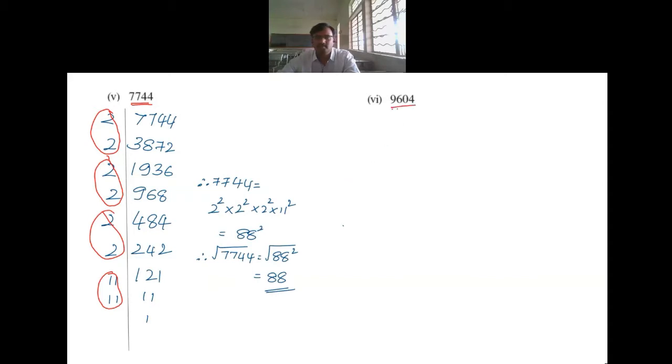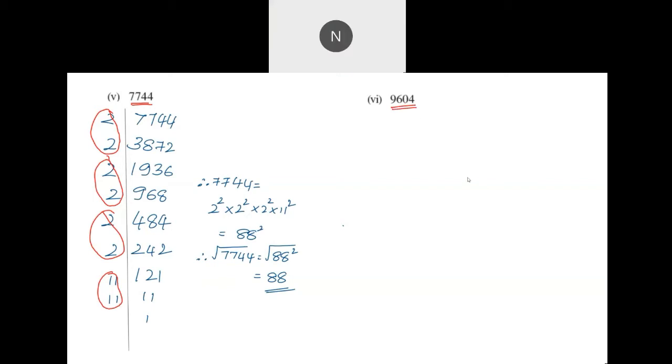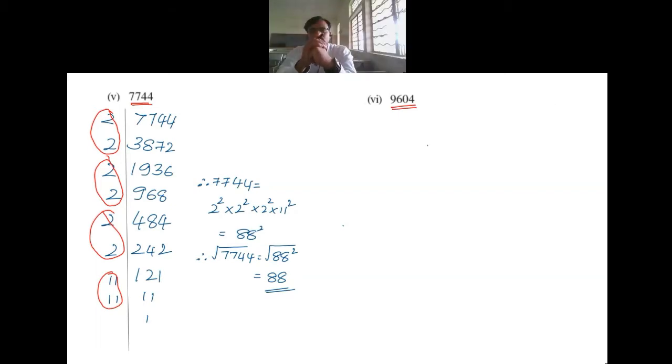This one is very simple. You all can try this. It's not so difficult. Shall I give a little time for you to solve? Sir, 98. Yes, because the units place is 4. If 4 is the units place, either it has to end with 2 or it has to end with 8. Quickly look at how you have divided. Hopefully you have divided it right.